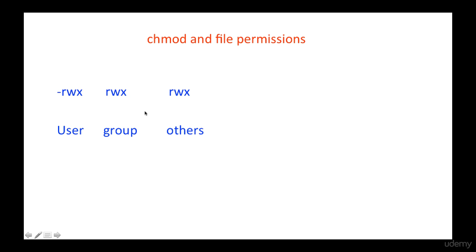Now if we look here more closely, the first three bits are for the user, and within that the first bit is read, the next bit is write, and the third bit is execute. Then the fourth bit is read for the group, the fifth bit is write for the group, and the sixth is execute for the group. Then the seventh is read for others, the eighth is write for others, and the ninth is the execute bit for others.